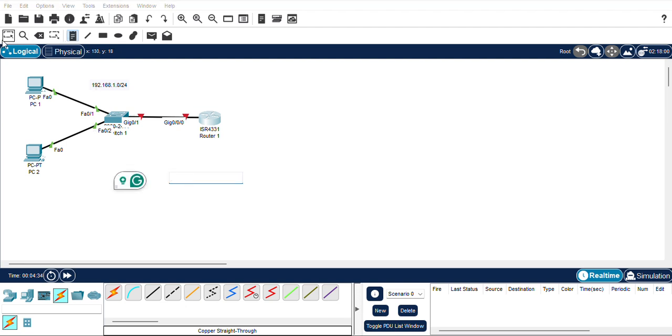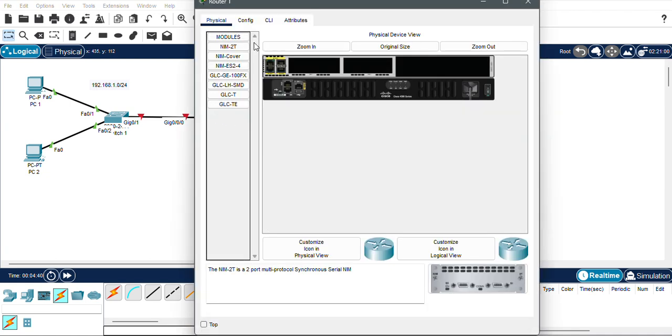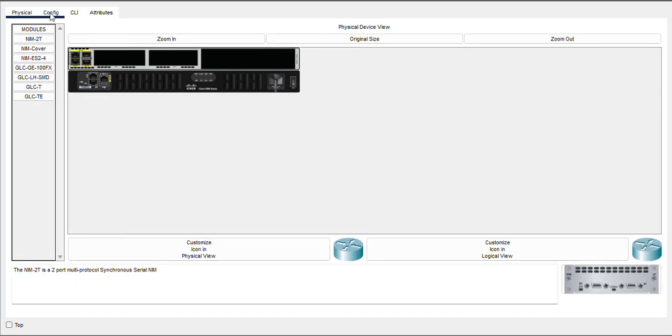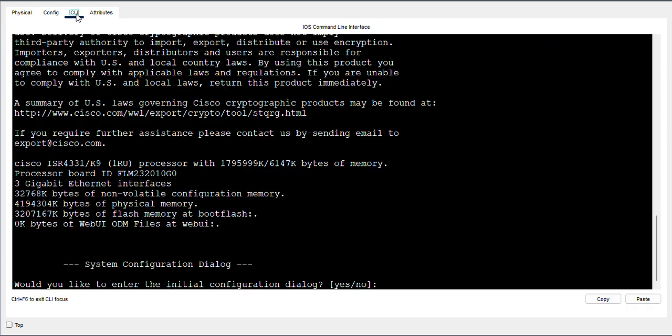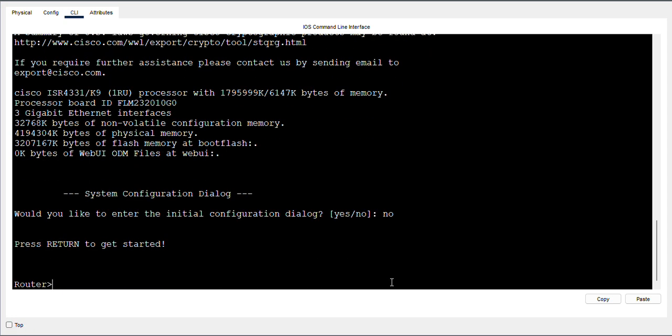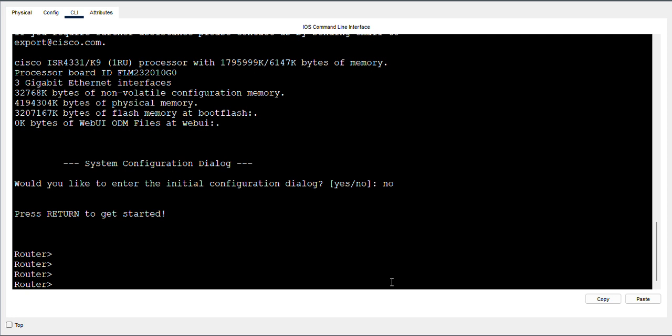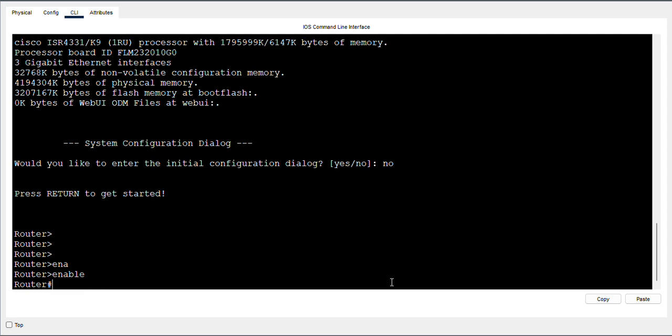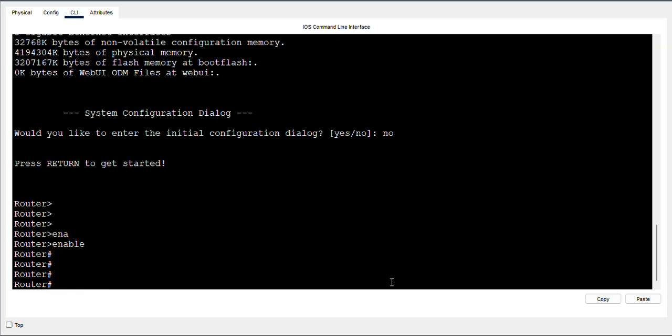So now to configure, you go back and select router 1. You're going to have to configure using the command line interface. You don't want to use the setup mode for now, so say no, enter. We are now in user mode, and to move from user mode to privilege mode, because we want to apply IP addresses on the router interface, say enable, tab key to complete it. To move from privilege mode to global configuration mode, where we can enter the interface and configure the IP address,